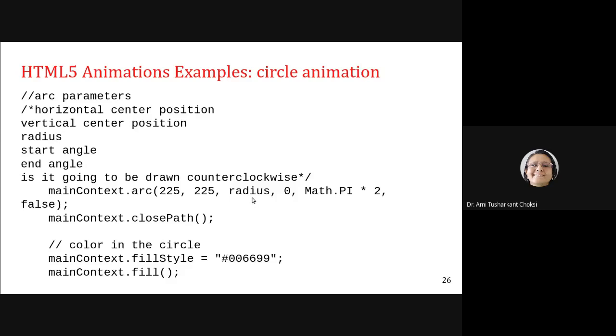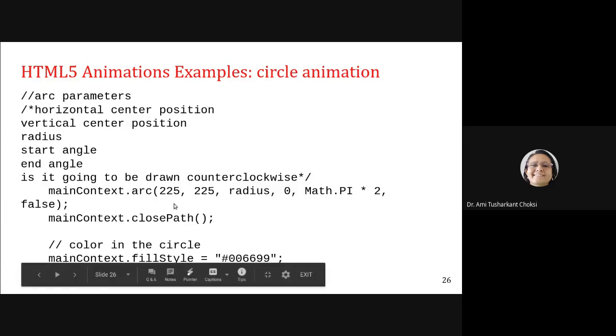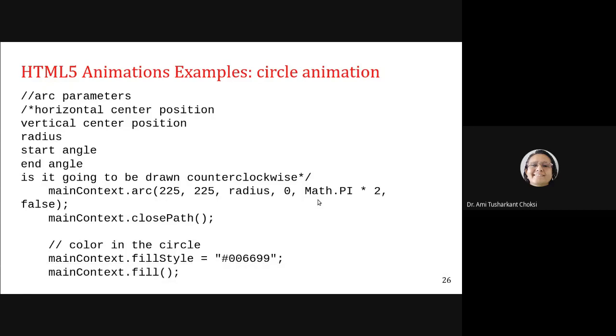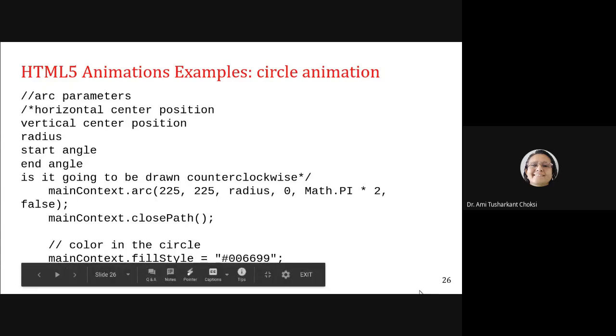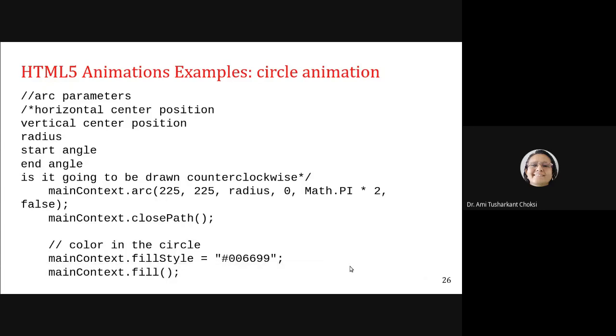The radius we are specifying, then starting angle is 0, ending angle is Math.PI multiplied by 2. Then after we can say false. False is for counterclockwise. Fine. Now after that, we are closing the path, that is using mainContext.closePath. Then after we can say we are having mainContext.fillStyle and mainContext.fill, right?